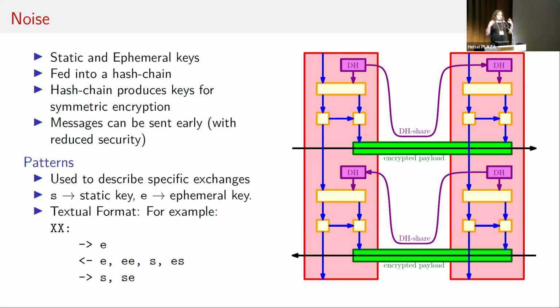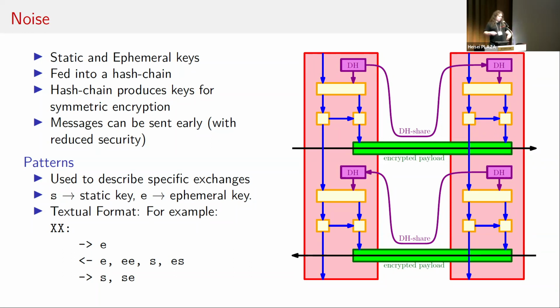And so over the handshake, it will accumulate the several secrets in the hash chain and derive stronger and stronger session keys from it, and then use symmetric crypto to transport any further payload, which can, for example, if you have first an ephemeral exchange, be the static public key in order to protect anonymity, or in some cases you can also send actual message payload early at reduced security if you're saying, okay, this part of my interaction doesn't require the full forward secrecy, authenticity, or whatever. I'm fine with a reduced level there in exchange for better performance.